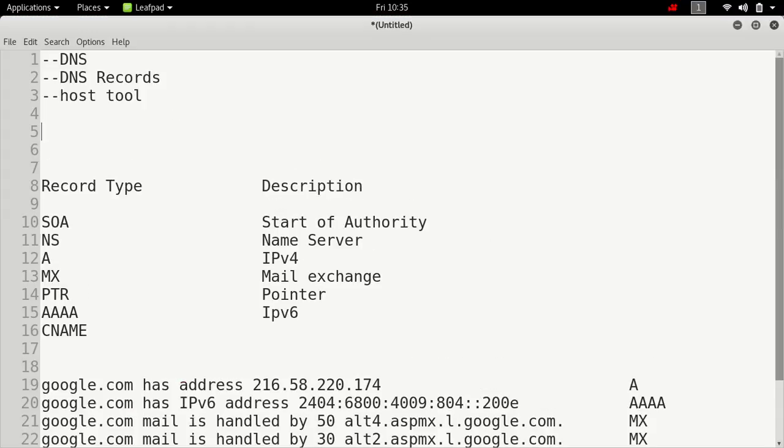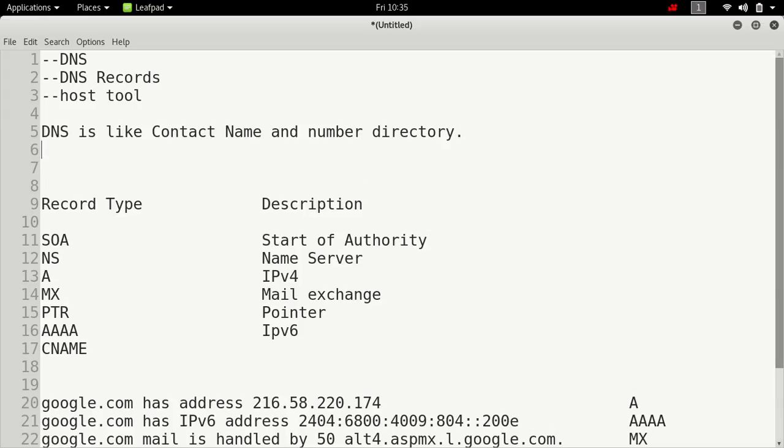So what is DNS? DNS is like a contact name and number directory. In a smartphone, how do you write a contact number? You write the name and the number.